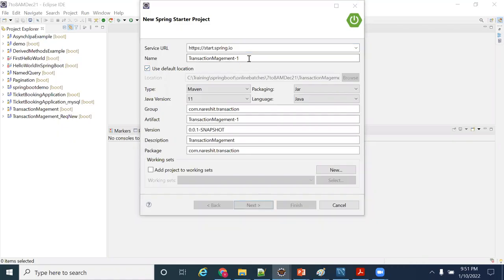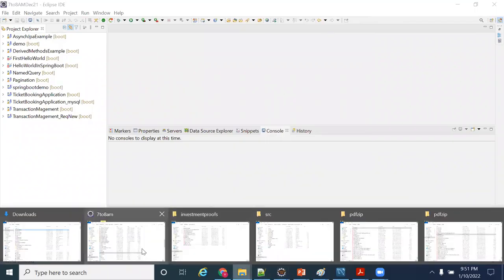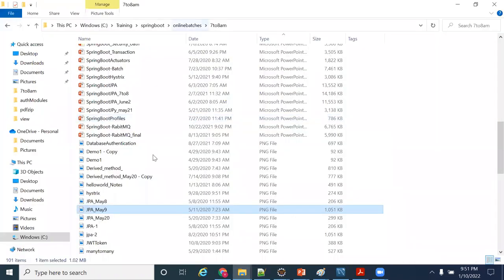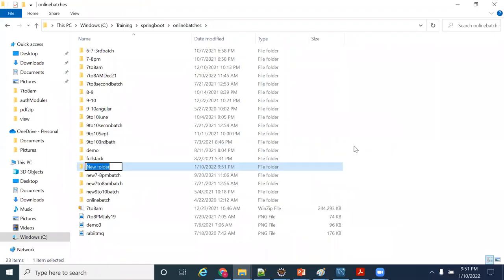Now, what is the name? I can write here. Already a ticket booking application is there from my previous batch. What I will do is let me create a work folder. One second, guys. Let me create a new folder: 9 to 10 Jan 22 batch.